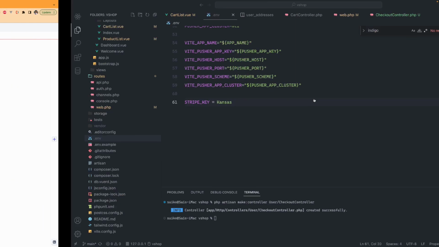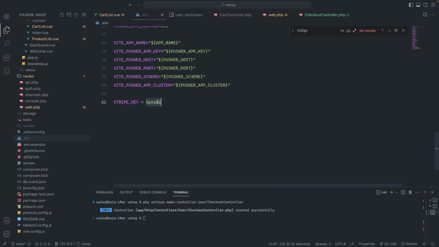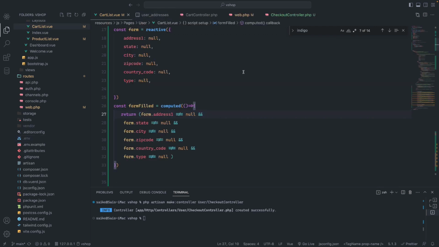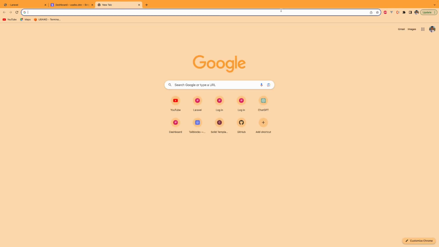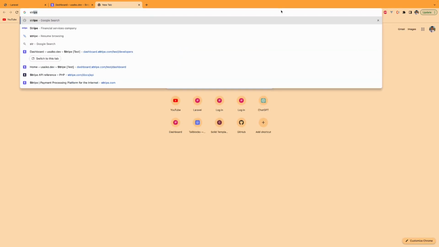So I will copy and then stripe key. So I need to create the stripe key, okay, stripe key, and then I paste it here. So I close it. This is for this part. After that, I will search for something like Stripe